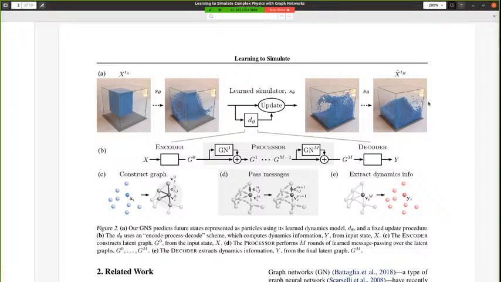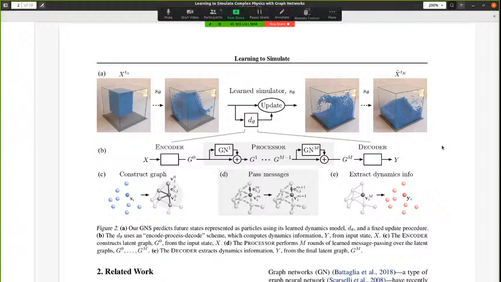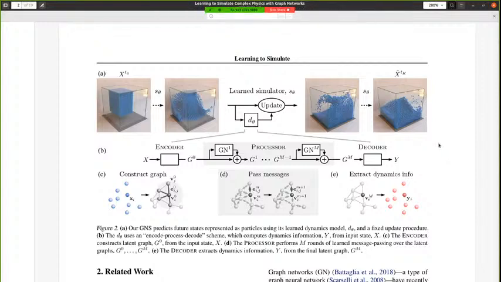There are a couple of changes relative to the last session. The first one: last time we talked about neural networks and machine learning techniques to learn how to update a physical system. And there are also a bunch of similarities. The first similarity is that the overall structure of the model is somewhat similar to what we've seen before,